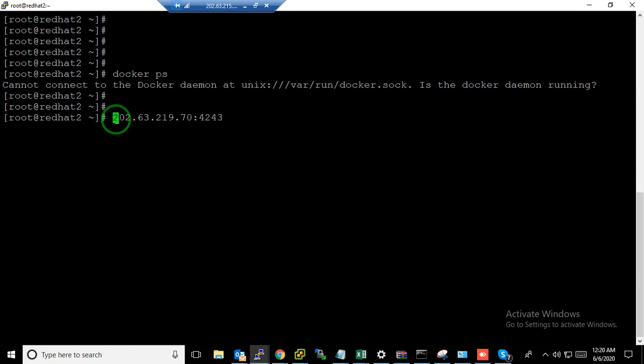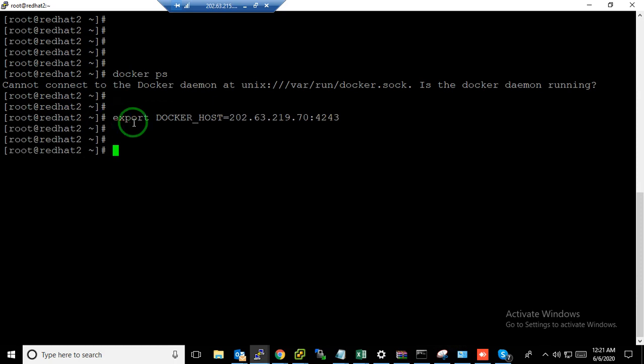For that you have to add the Docker host. It's a shell command, so we export this variable and make it an environment variable. So whenever Docker ps runs, it will go to this Docker host and check my Docker services.